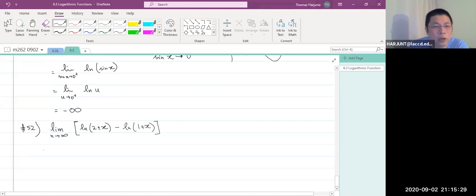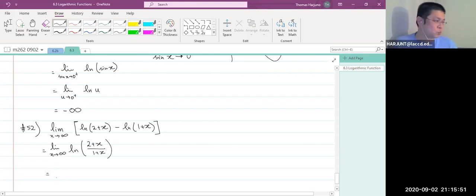I will put them together first. This is the limit as x goes to infinity of natural log of (2 plus x) over (1 plus x). This is equal to